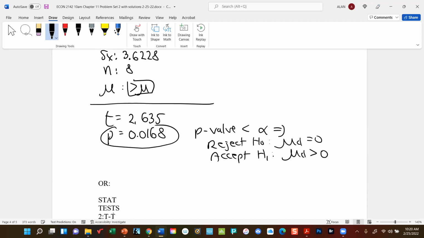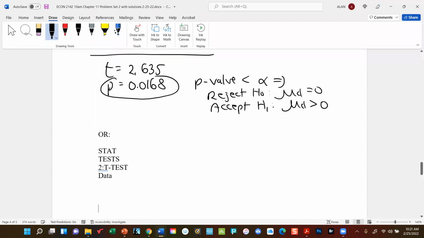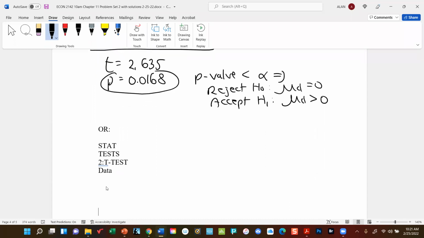Number 2, t-test. Instead of asking for stats, you could have asked it for data, because it's already there. It's in the list. So go to stat tests, t-test, switch the menu over to data, and just make sure that it knows that you still need the null hypothesis. But what you would then do is say, listen, all the data that I've generated